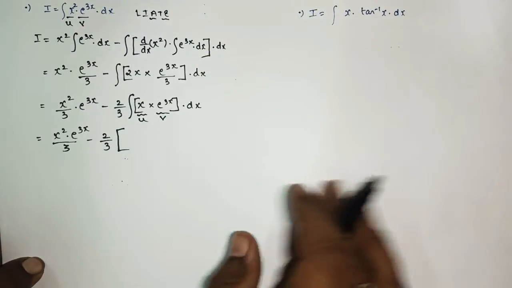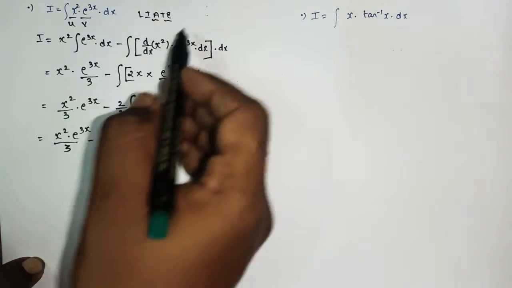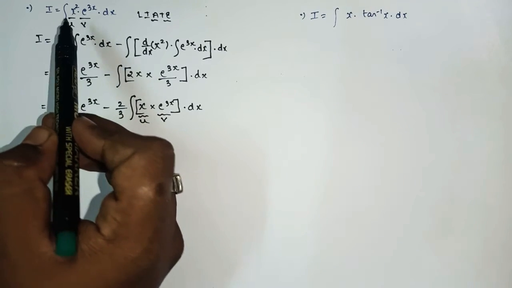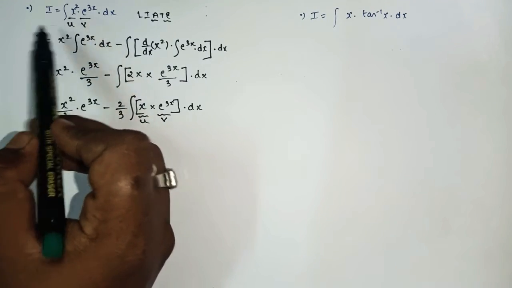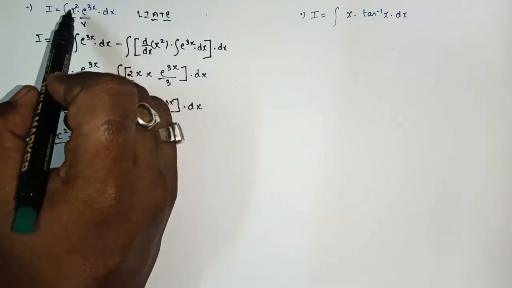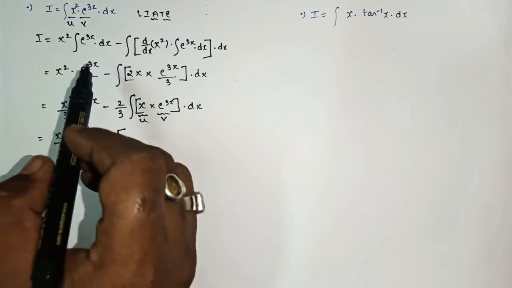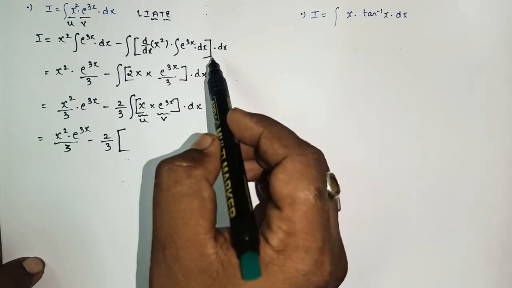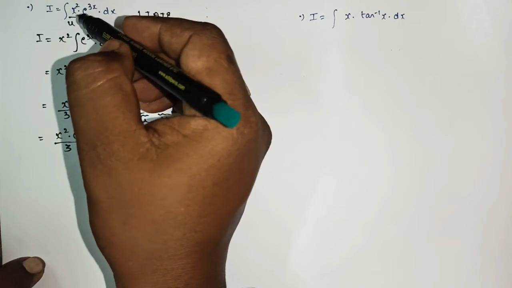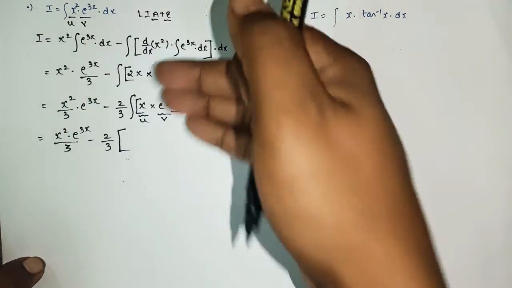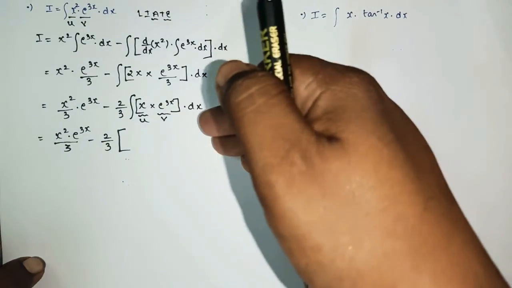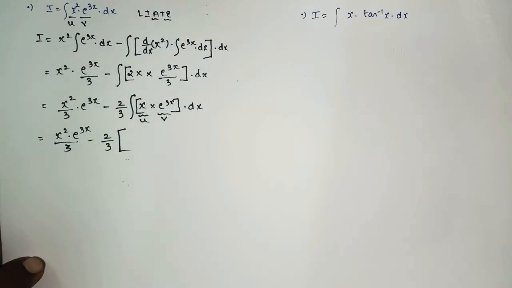As per the rule, as per the serial order, algebraical comes first and then exponential. So as I told, whenever the power of an algebraical function goes on increasing, that many times you have to apply the u into v rule. As here it is x square, that's why the first u into v section is over and now we are applying the second u into v part. Yes or no? Suppose if x square is replaced by x cube, then 3 times you have to apply the u into v rule for that particular question.